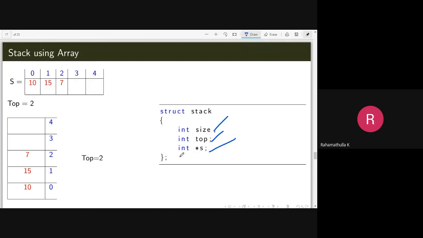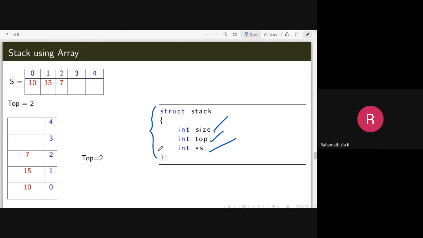You can always create a static array for storing a stack, but for our implementation, let's make it dynamic, so that once you read the size of the stack, at that point of time, we will create a stack of that particular size. Then it will be more meaningful rather than using a static array for storing the elements in a stack.